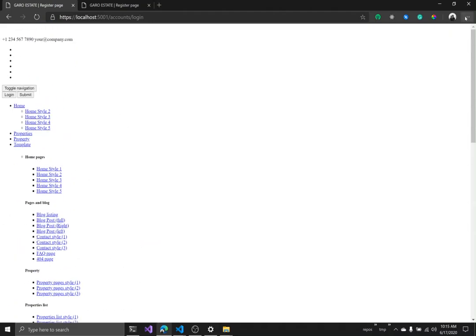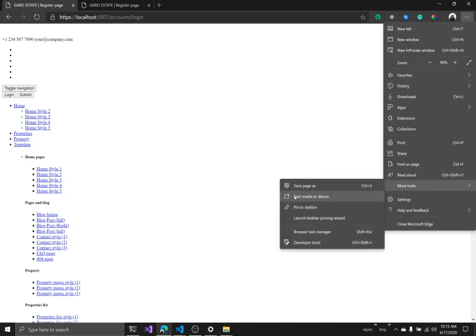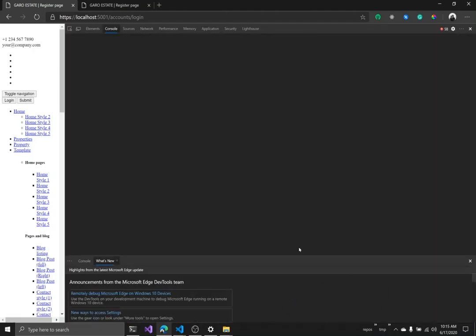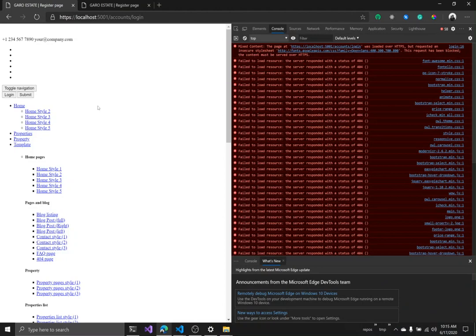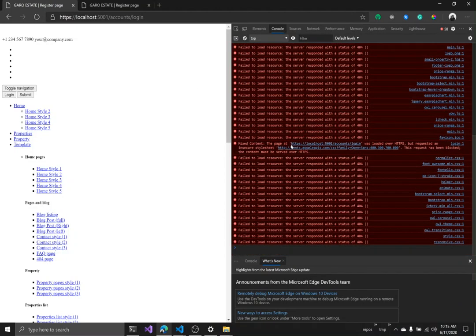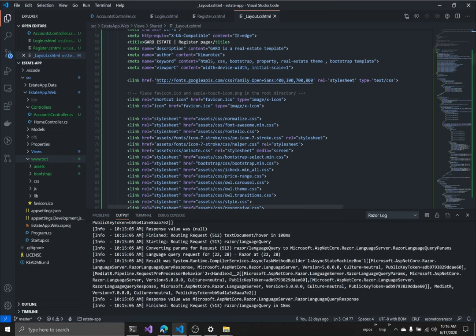And if we go ahead and look in our console, I'll click here, more tools, developer tools. We can see that it can't find a lot of things, so most of the links to our fonts and all of that. We have a lot of errors here. It's saying we can't find the JavaScript or the CSS files you're telling us are on this page, and the reason that is happening is because in C# we need to tell it where to find those files from,